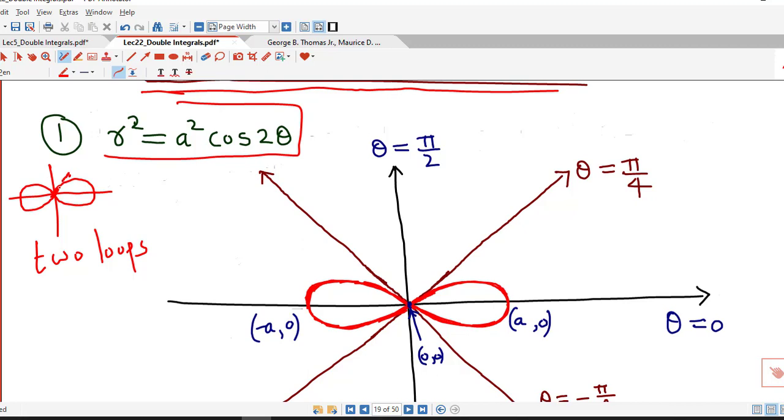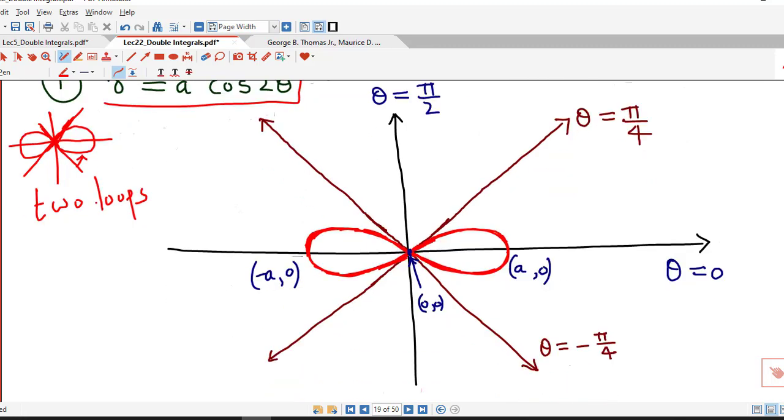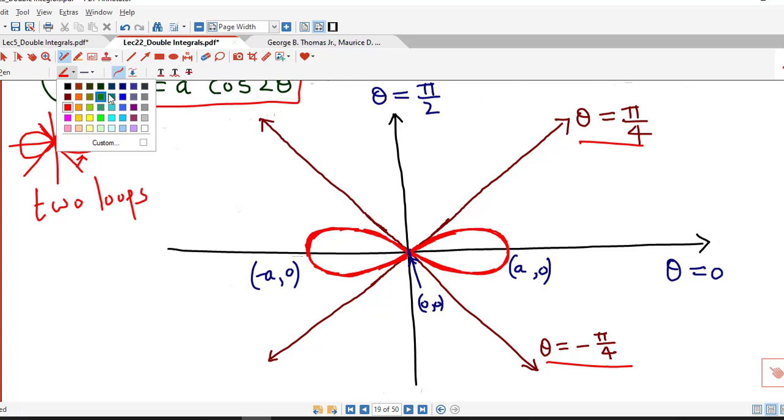and this loop is below theta equal to pi by 4 and this is above theta equal to minus pi by 4. So here we have the line theta equal to pi by 4, this line is theta equal to minus pi by 4. This is one loop of the lemniscate. So there are two loops in the graph of lemniscate. This is one loop and this is another